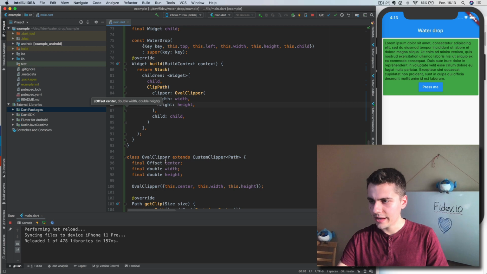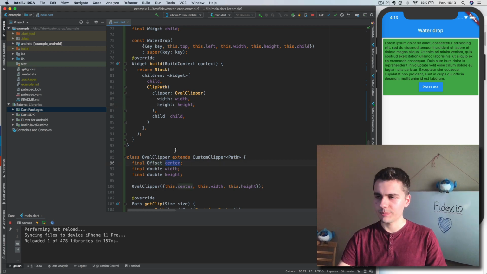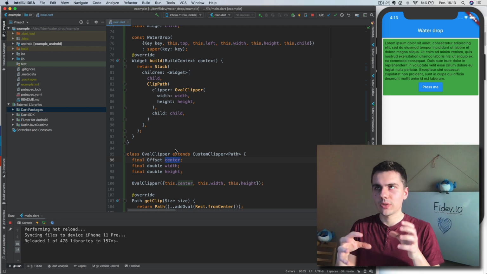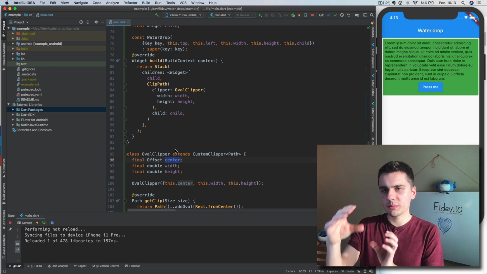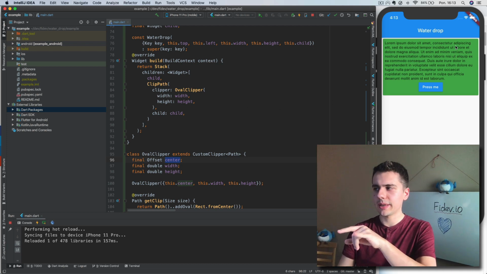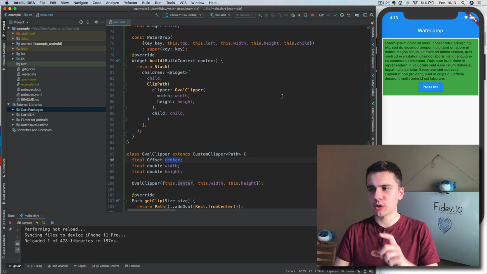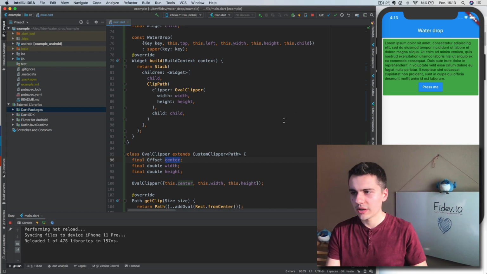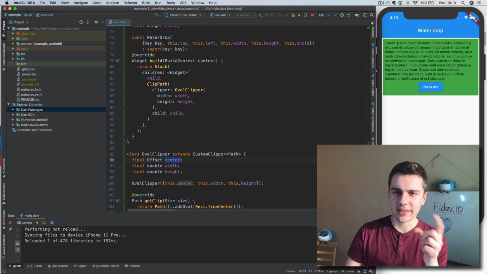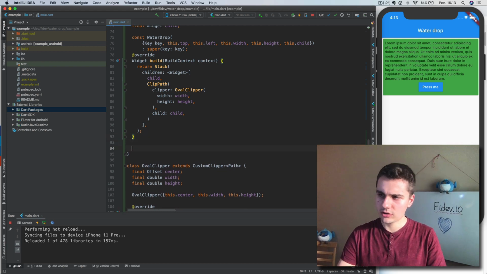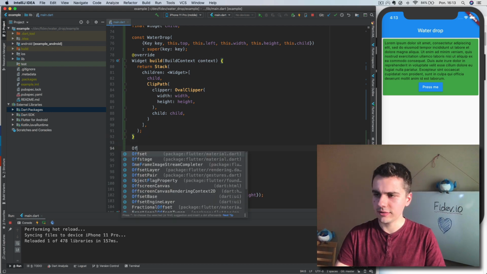All right. Now, how do we calculate the center? So we do provide the offset, like the distance from the left and from the top, from the widget we are using. So if we are using this card, the left parameter will be distance from this, and the top parameter will be distance from this. So if we have left and top, and we have width and height, then we can actually get the center really easily,